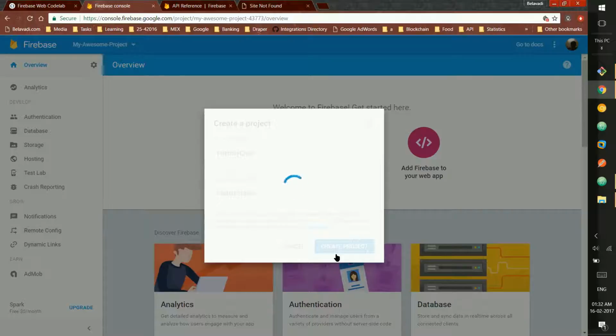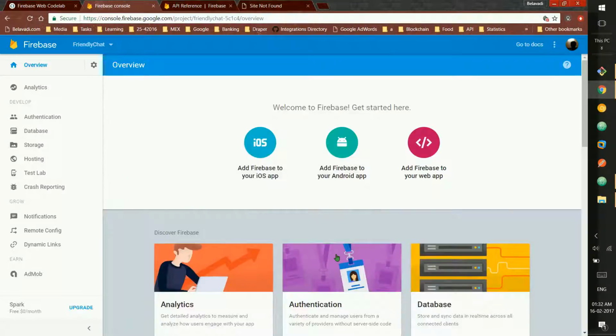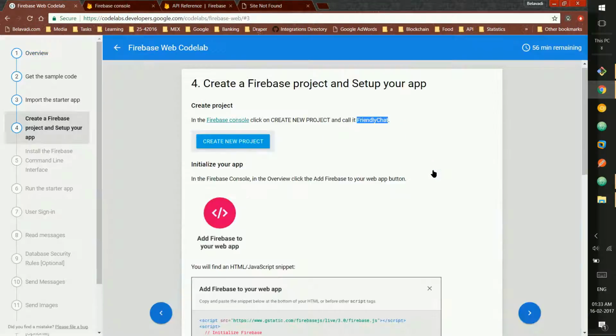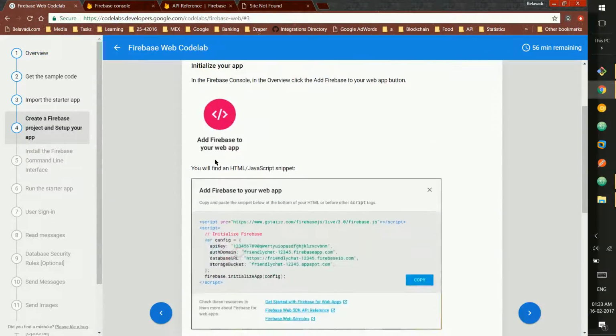It's going to create the project, and like I said, you can go back to add Firebase to your web app, and you'd still be able to see all the keys you need. You'd be able to see literally everything that you need later on to put it together. Alright, so this one's right here. It says Friendly Chat under this drop down, and so you know that you're looking for the authentication keys and all of that for this application and not for something else, not for my awesome application. Alright, so Friendly Chat,